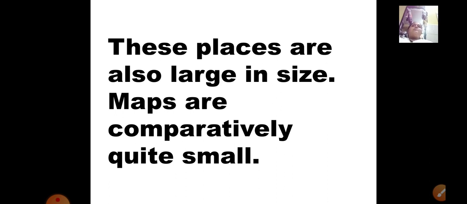Now, have you ever imagined a map is on a piece of paper and the world is so huge? So how does the world fit in such a small map? It is all about technology. It is all about the accuracy of drawing a map. Drawing a map is not easy. First of all, you have to carry correct information about that particular place. Then you have to measure and you have to draw. Each and everything on the map is accurate. Nothing is wrong. So experts are appointed to draw the sketch of a map.